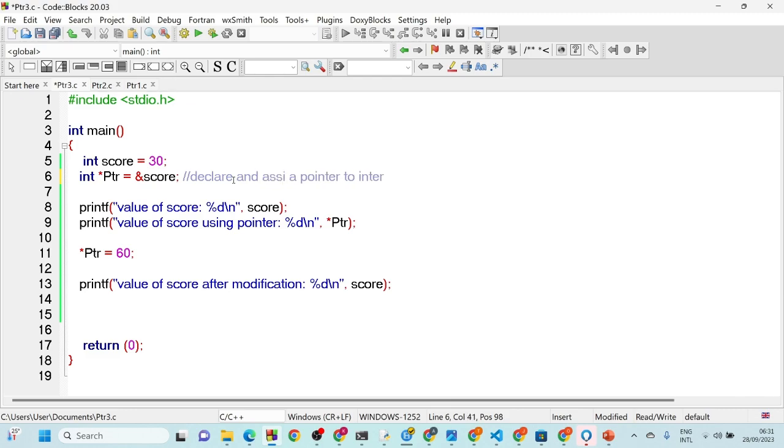Then here we went on to print the value of score using printf, the value of our variable. Then here we printed the value of score using this pointer. Then we went ahead to change the value through ptr to 60. We modified that, and we tried to print again after modification the value of score, which means that the value of score has changed to 60. So this is fundamental. You can use pointers to change or modify or manipulate